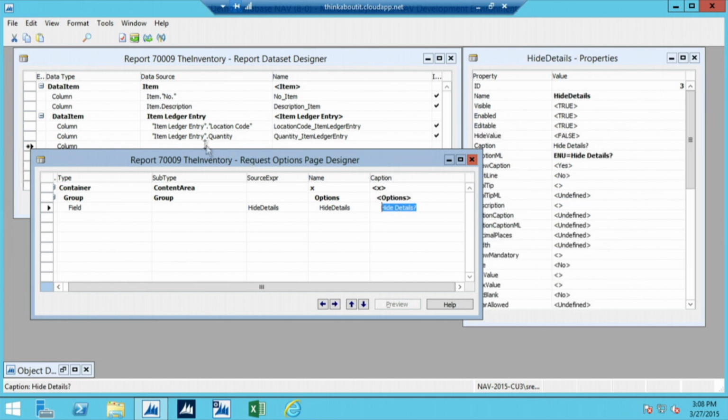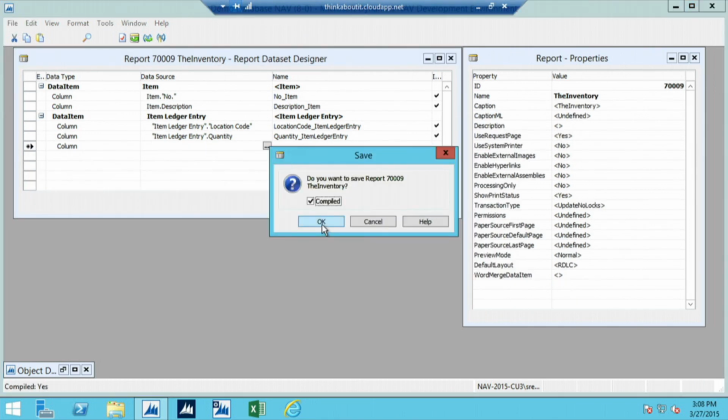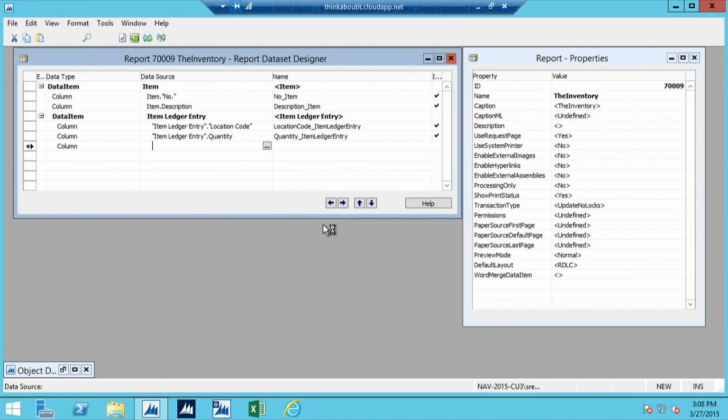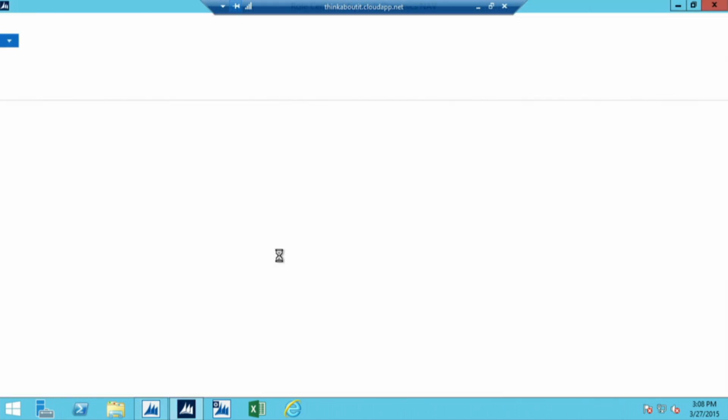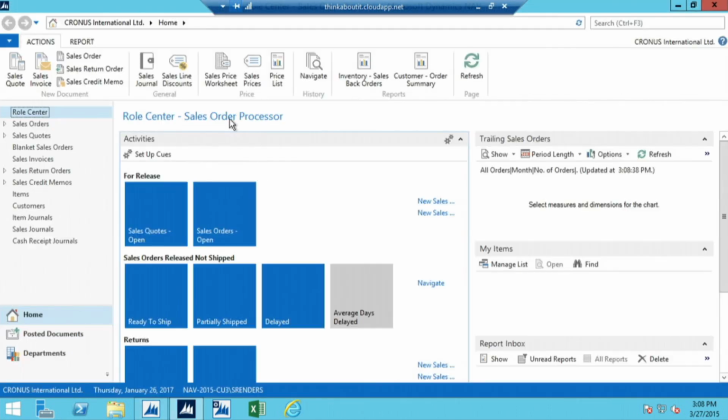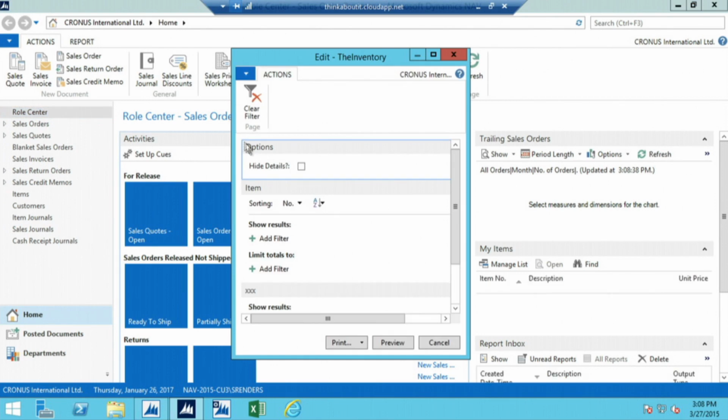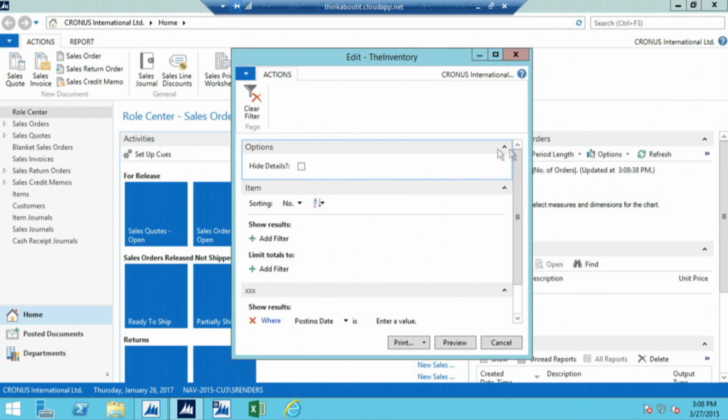This is actually going to become the options tab of the request page. If I'm going to save it in my report, and then save it again, and then run the report, we are now going to see our request page, and it's also going to show the options tab. So I'm launching the application. The request page will be opening in a few seconds, and now we are actually seeing an options tab here at the top. It's a fast tab, so we can expand and collapse it,